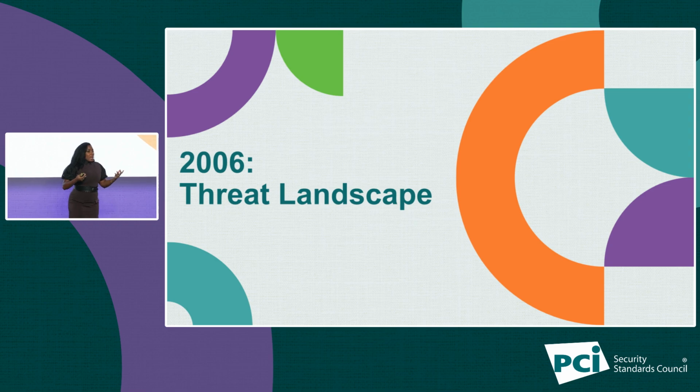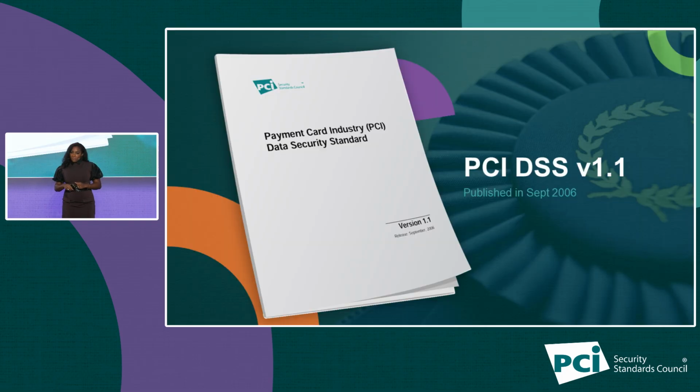Payment fraud, so physical skimmers were certainly on the rise as well. E-commerce fraud was slowly becoming a lot more popular. And we didn't have a plethora of protections such as WAFs, or Web Application Firewalls, to really help us out there. There was no real standardized way for organizations to mitigate the likelihood and impact of these breaches. And that was until PCI DSS came out with the council in 2006.